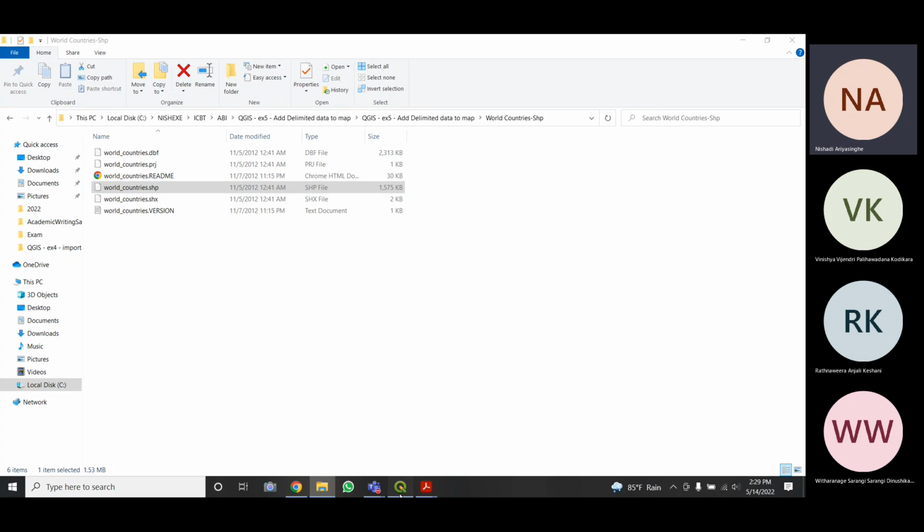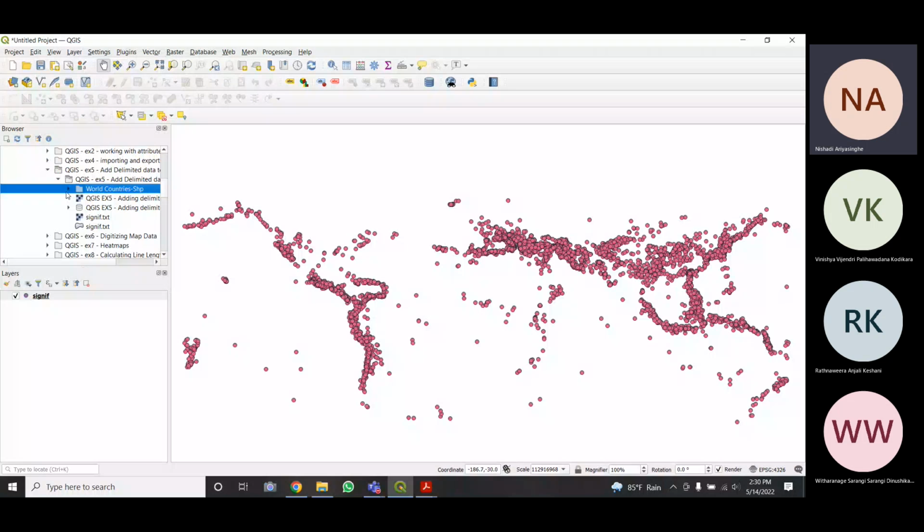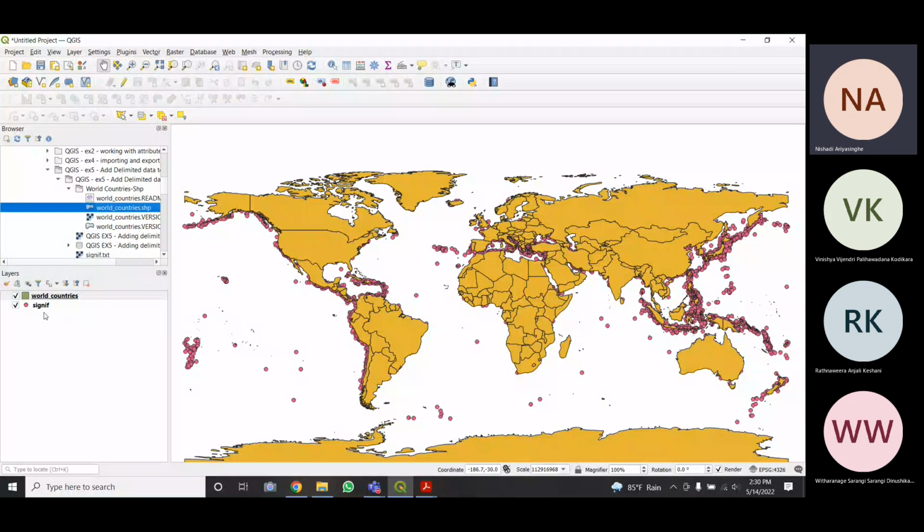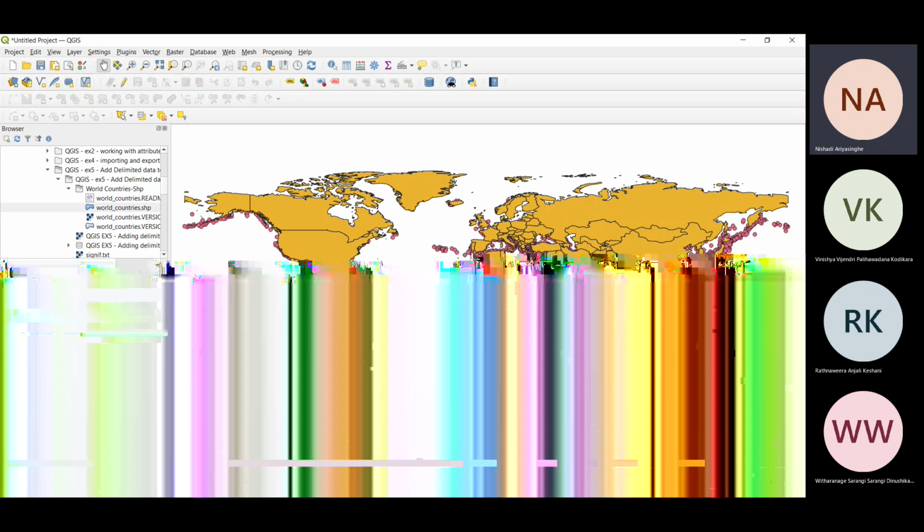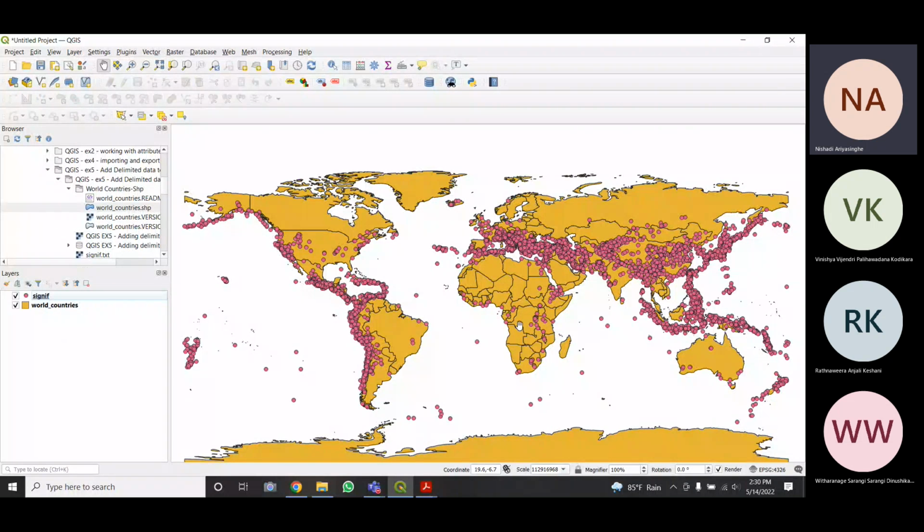So under EX5, right, the World Countries shapefile is being given to you. Okay, so I can click on this shapefile layer and move it to here. So yeah, I will move the layer downwards. So now you can see